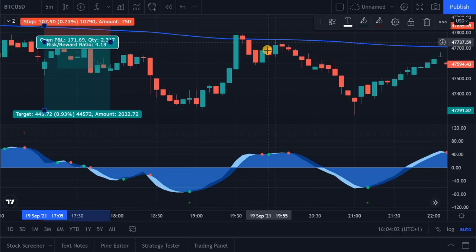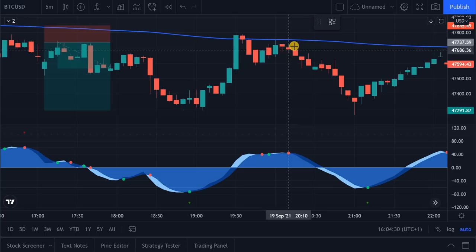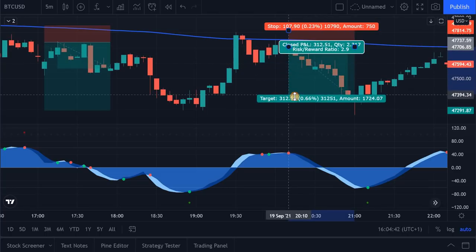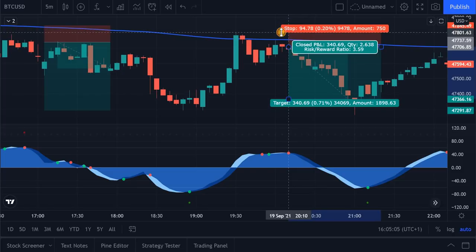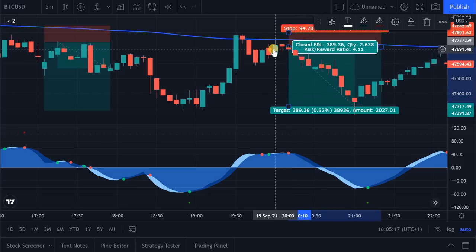Another example is right here. You can see that the Vumanchu Cipher was in a positive region and it gave a sell signal. If I was to take this trade, I would enter my position at around the flash of the sell signal right here, taking my profits at a lower region. My stop loss at this particular level. You can see that this trade gave another 4-to-1 risk to reward ratio. So this is a good way of entering a quick scalp using these two indicators, the exponential moving average and